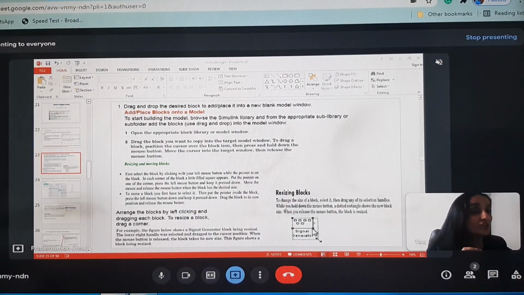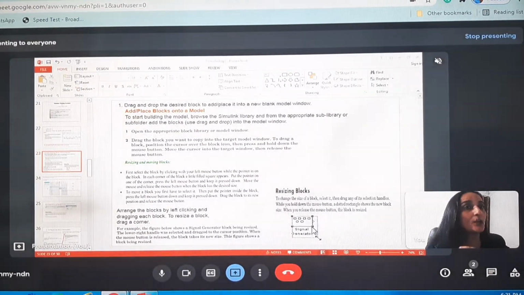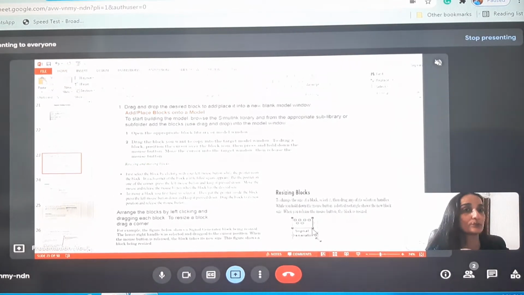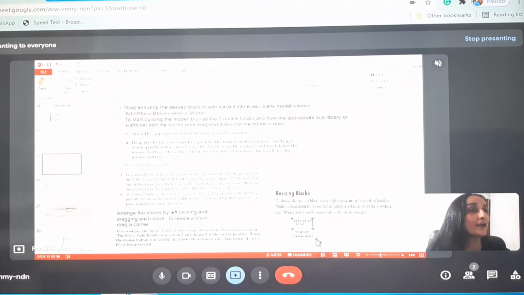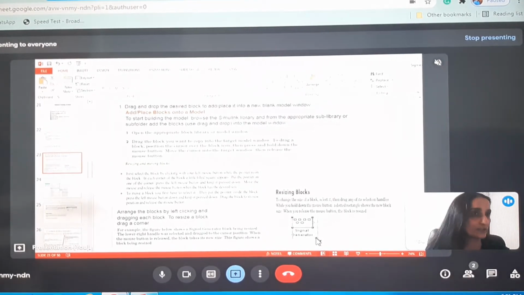Now drag the mouse and release the mouse button when the block has the desired size. So to resize a block, we need to drag a corner or selection handles.